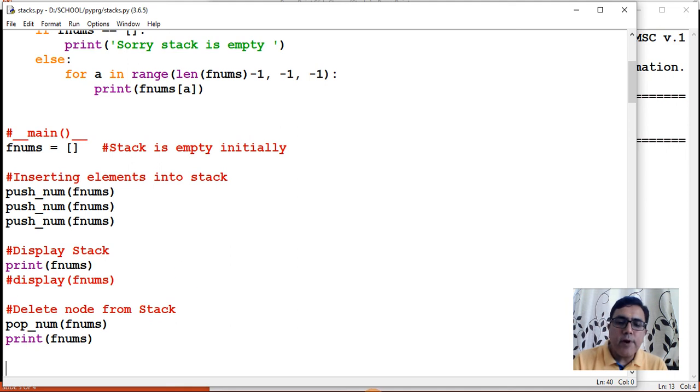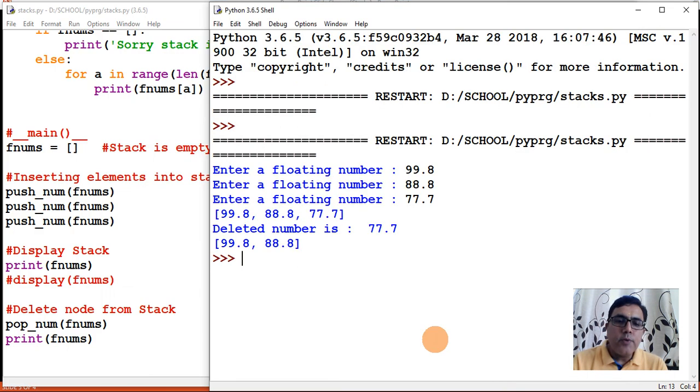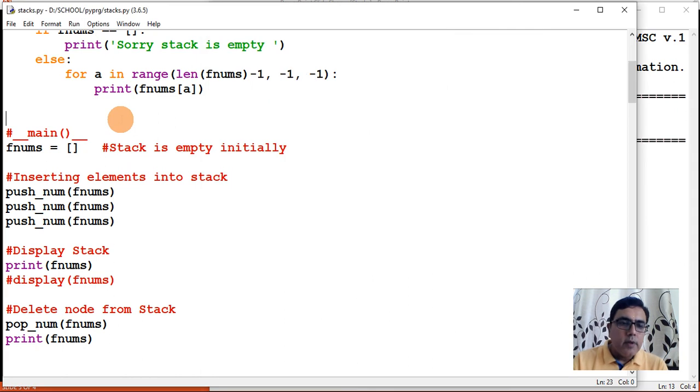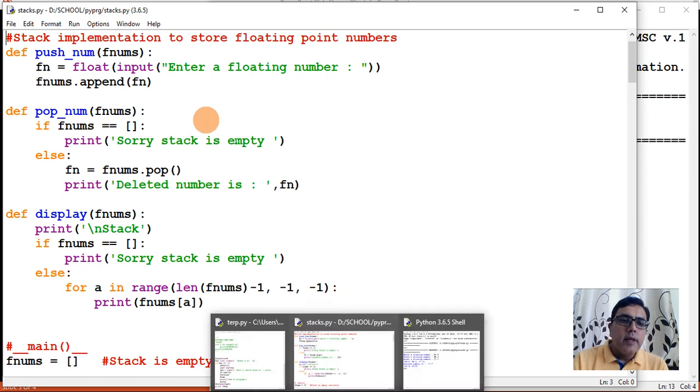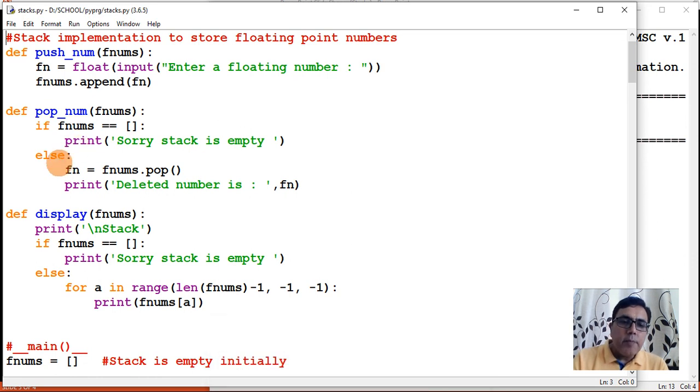What is the stack? fnums is the stack. So if you see the output here, it is displaying the list, right? Then you had called pop num fnums. So the last value is deleted, right? When it called the pop method, pop num fnums, the stack was not empty, so it came here.